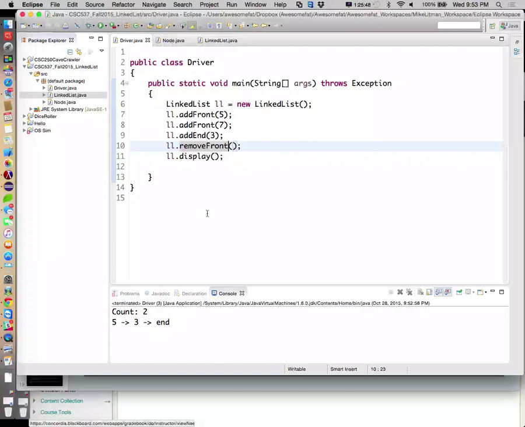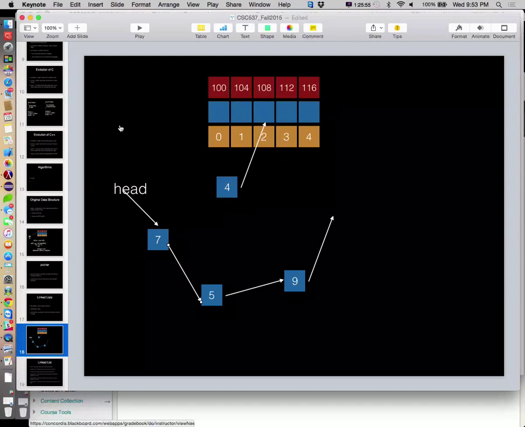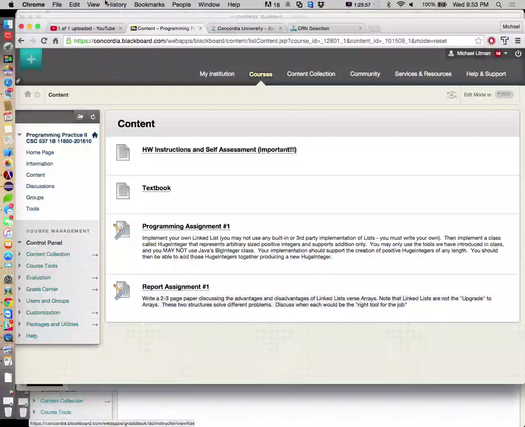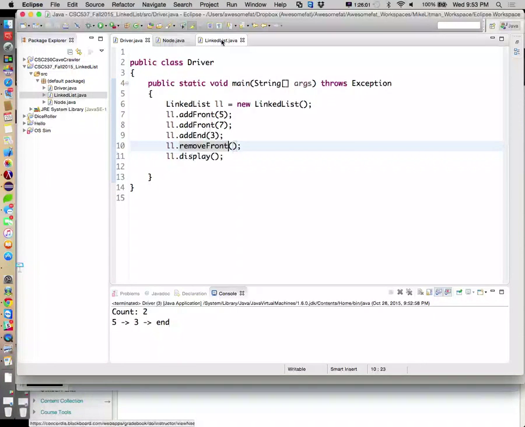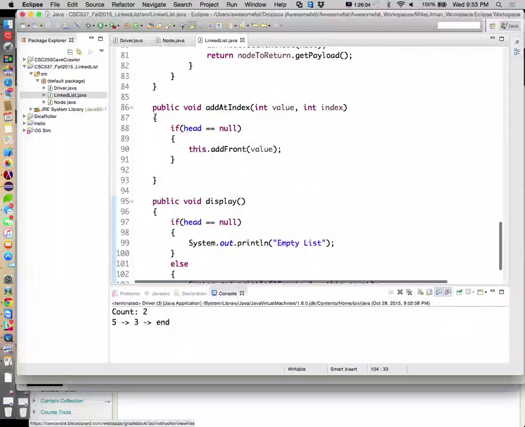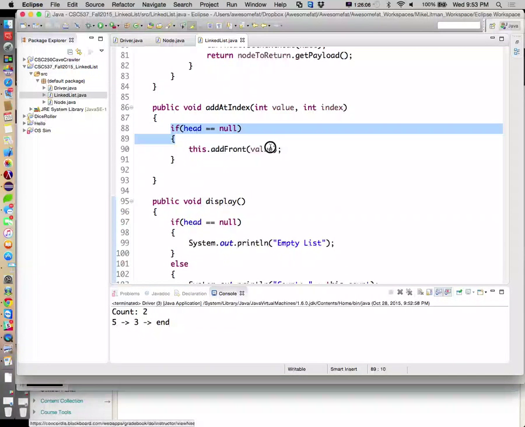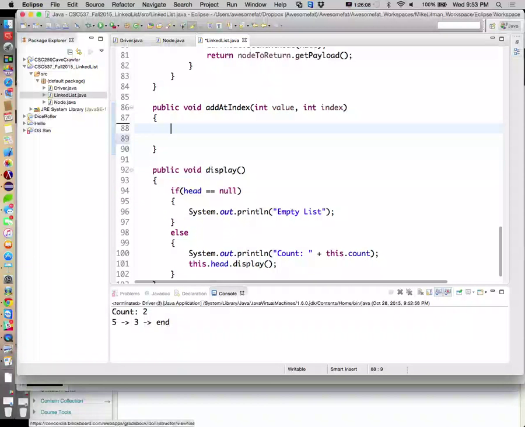So we can actually ask the question, are you trying to add it to an illegal position? In added index, rather than saying head equal to null, we'll say if index is less than 0 or index is greater than count.